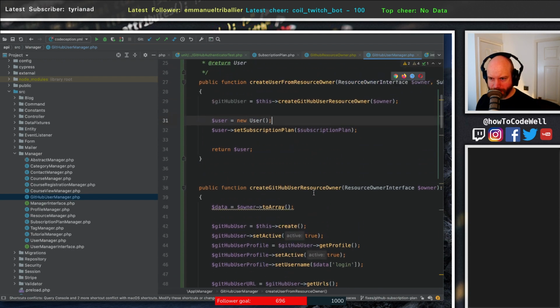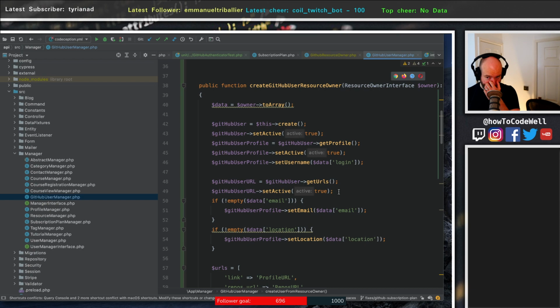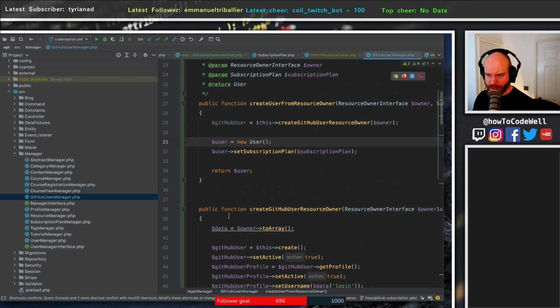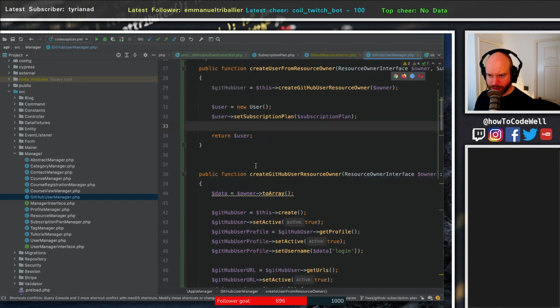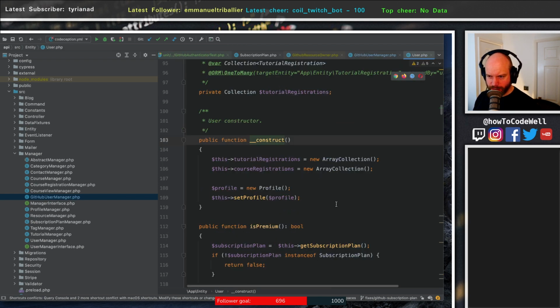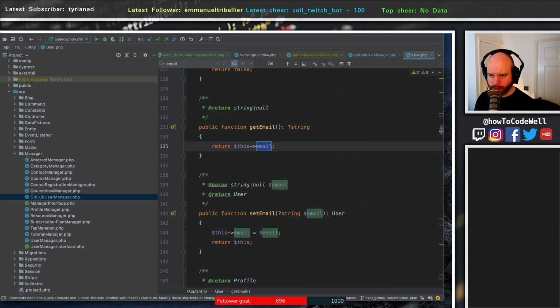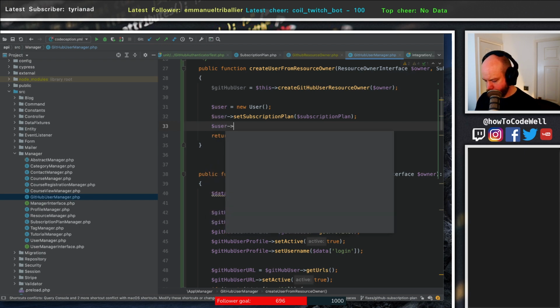Okay, so next thing we're gonna do then. So we've set up the user. We need to deal with the user emails and all that jazz. There was a check, wasn't there, around the user emails. Oh no, I think I've set the emails to be null, is that right? Yeah, it is null. All right, so from this point, we can do user set email,